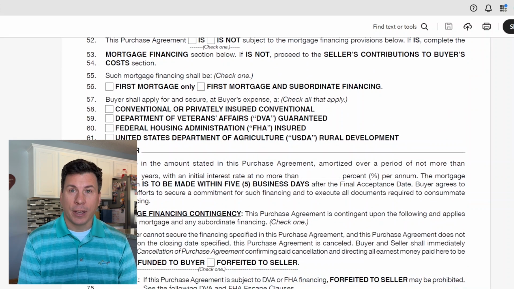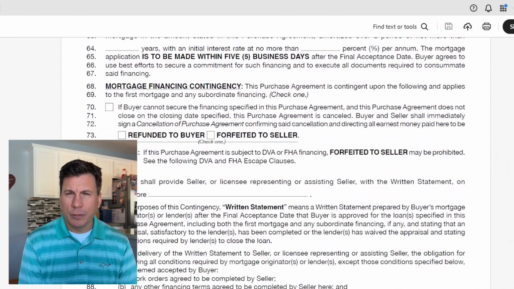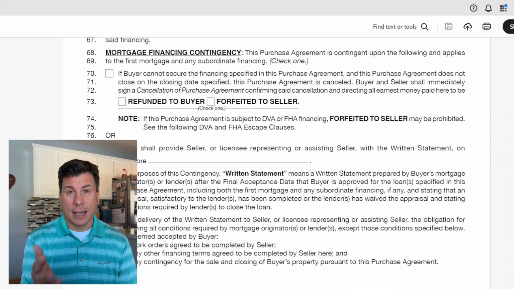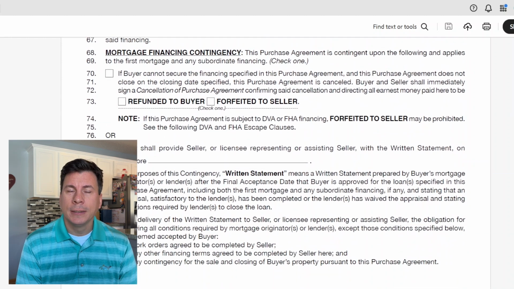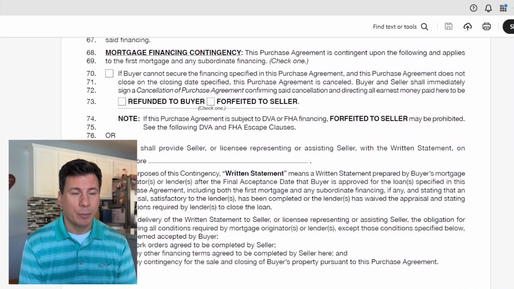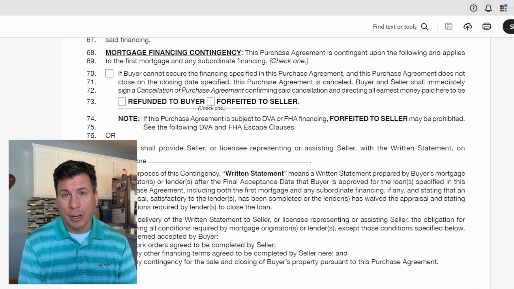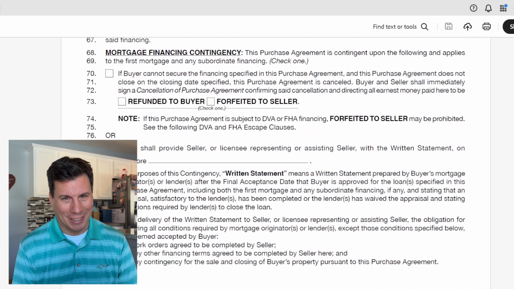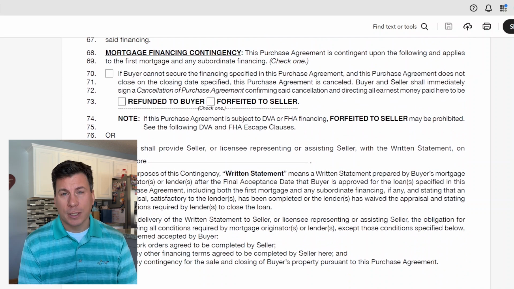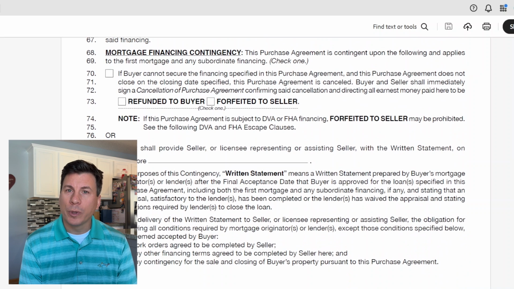And then we have the contingency. There's a couple of checkbox options here. This has to deal specifically with the earnest money. On page 2, we check a box that the purchase agreement is contingent on the mortgage being able to obtain. And in the event that we can't obtain our mortgage for any reason, these are the things I never like to talk about with my clients, whether it's a job loss, a death, or something like that,